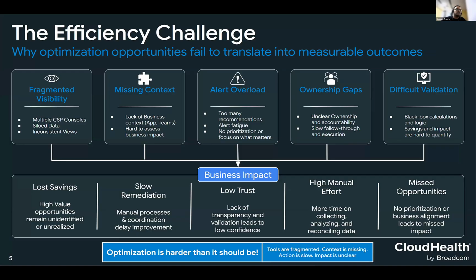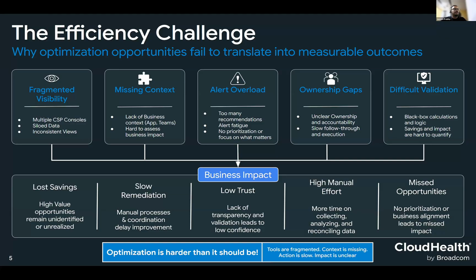There is no real coherent view which you can get across these cloud provider consoles. Even within CloudHealth, if you look at the classic experience, though we support multi-cloud, you still have to go to different tabs. From an information architecture standpoint, it is still siloed because you will not be able to see all the opportunities, or all the areas you would like to focus on, in one place as a unified view. So fragmentation is the first pain point which we perceive.